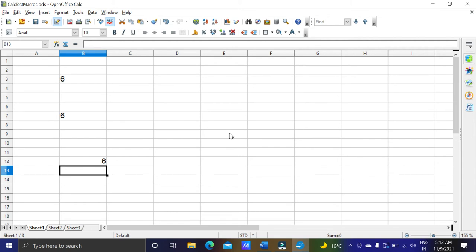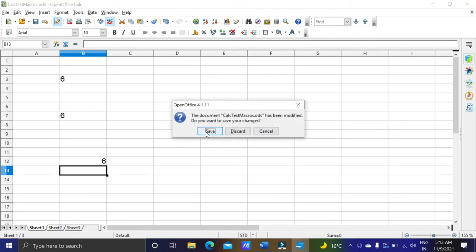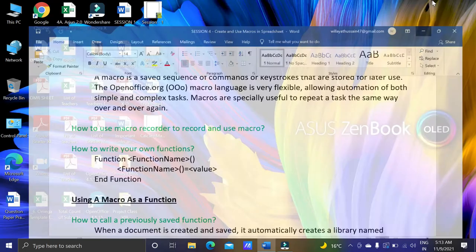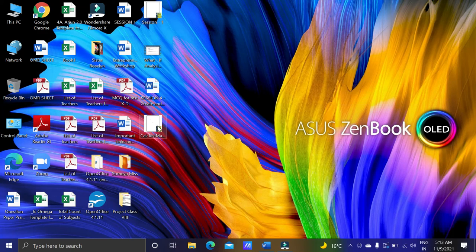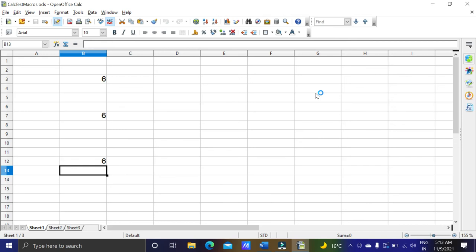Now let's save the document and close it. Do you want to save the changes? Yes, I want to save the changes. So save. Now I am going to open this file, Calci test macros, which I have saved, and when I am opening it, it is not showing any problem.